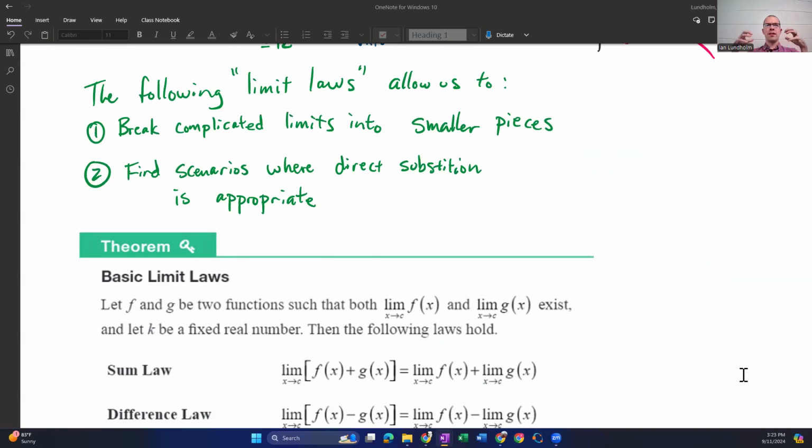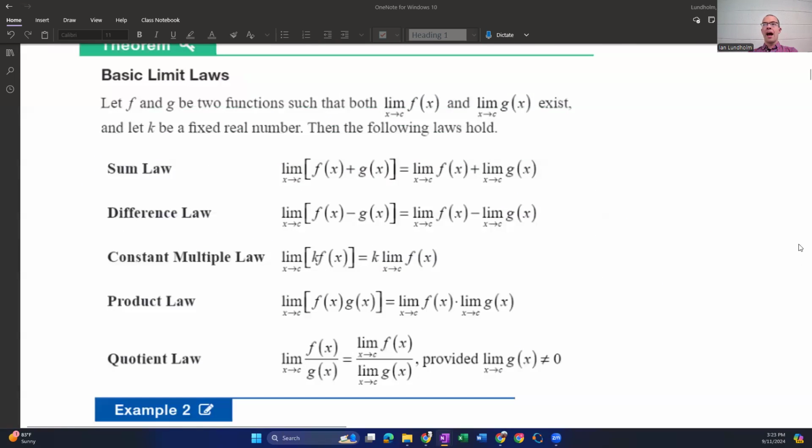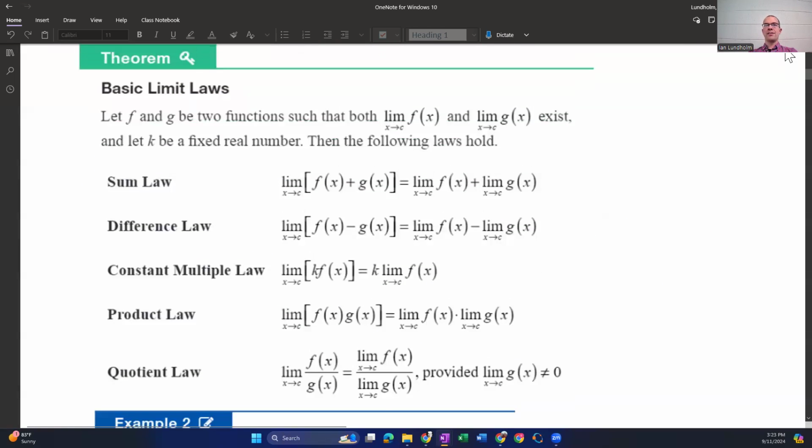So they're going to just be another tool in our toolbox. Right now, for today, I am going to just present these as laws. And for right now, it just seems like they're being handed down from on high. But in reality, if we wanted to show that these laws actually work in general, we would need to do epsilon delta proofs to show that these things actually hold true. So we would need to work with inequalities and epsilons and deltas, and that's just something that's outside of the